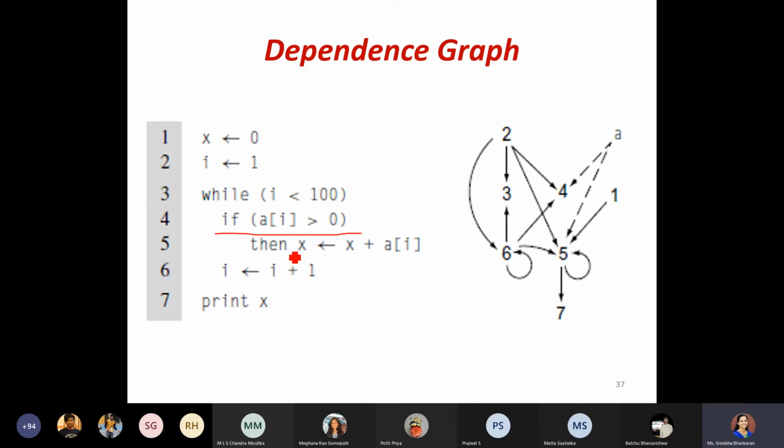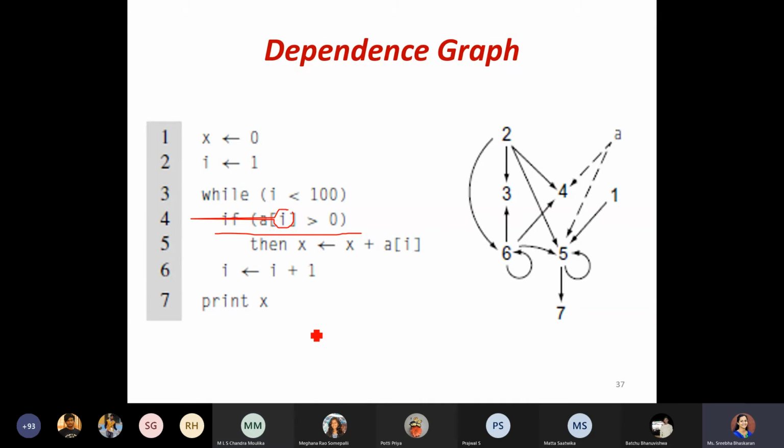Here we are not updating the value for any of the variables, right? We are just using the I variable, just using A of I. We are not updating A of I. Yes, ma'am, I understood it.